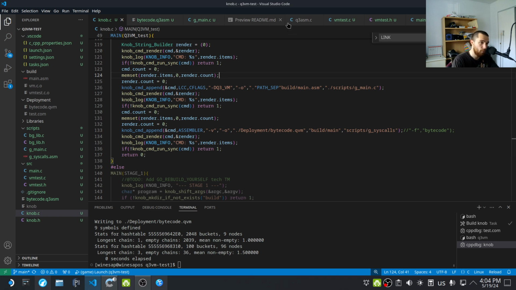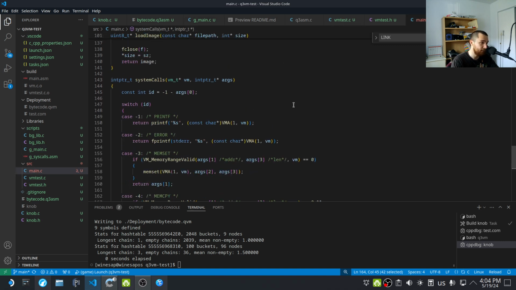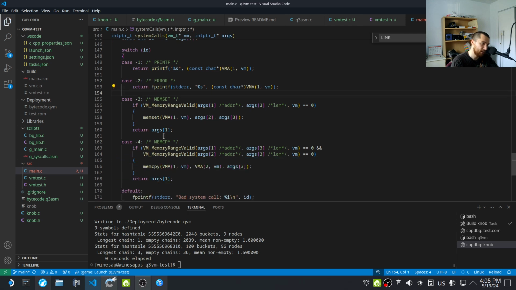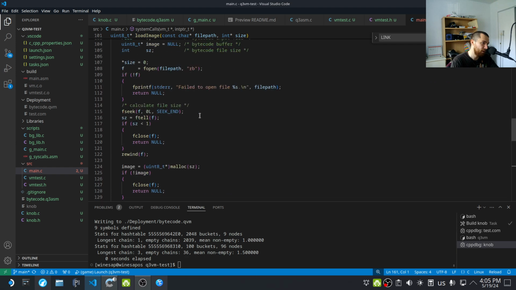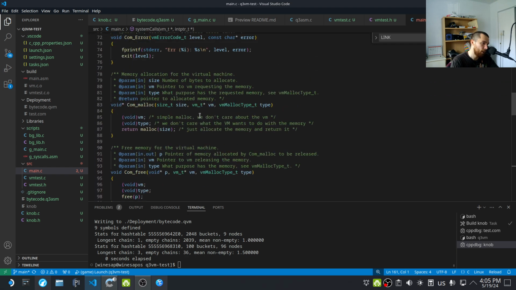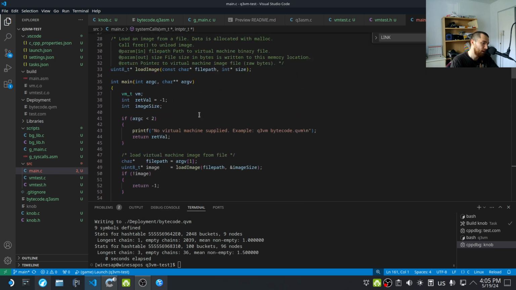Now, we know that it's going to say hello pimps, but now we need to handle our main. That's the trap printf, that's the error, that's the memset, and the mem valid or whatever. Then we have the load image, com malloc, com free, com error, and